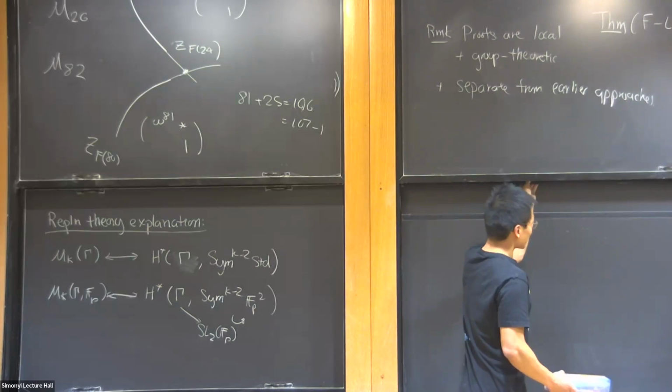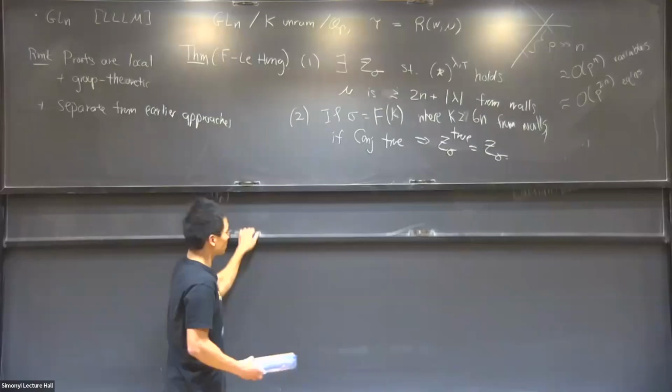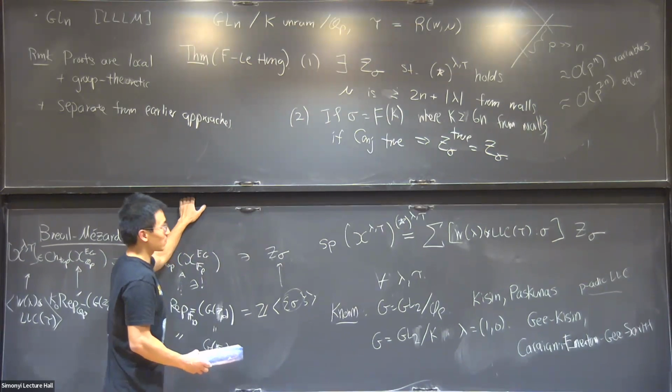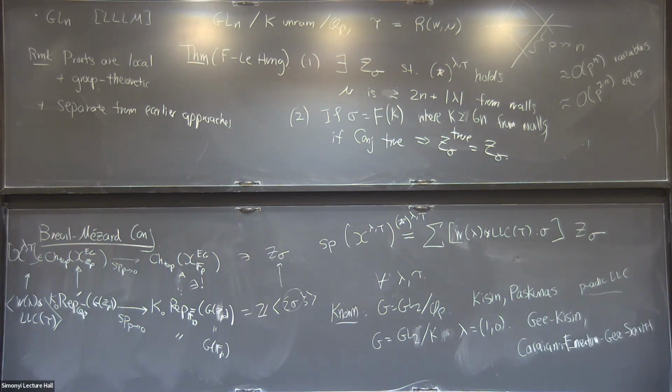For the last few minutes, let me just try and say something about what this new outlook is, at least on the construction of the cycles. Maybe I don't have time to go into the proofs of anything, but it is actually based on a kind of old analogy. So what is our fantasy here?